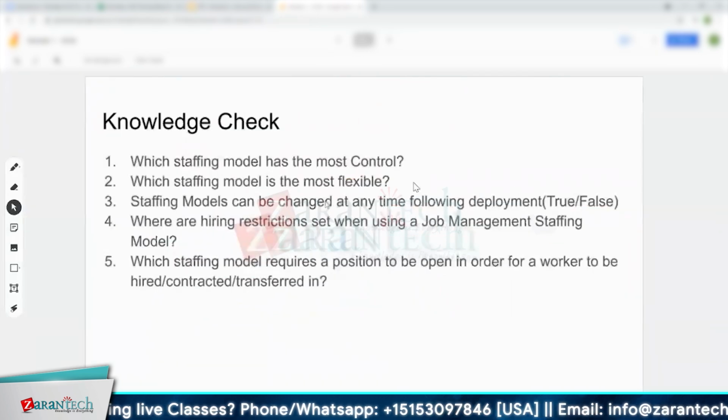So we knew that jobs and positions are part of that staffing model, that staffing tab, right? And you could change it at any time for a specific org, as we saw. But as soon as you hire somebody into the org, you can't just change it. The most flexible one was jobs. That's really for when you need to expand an org fairly quickly and the job requirements are all the same. So we kind of saw that in, let's say,